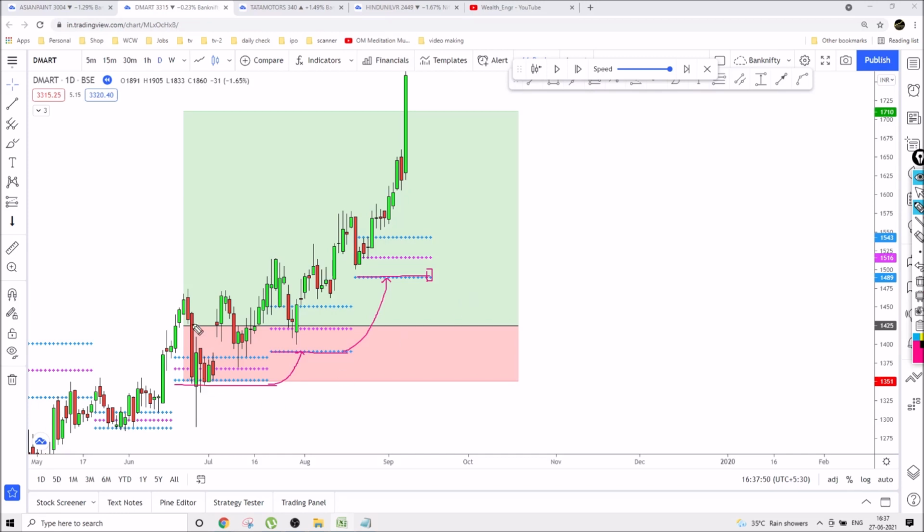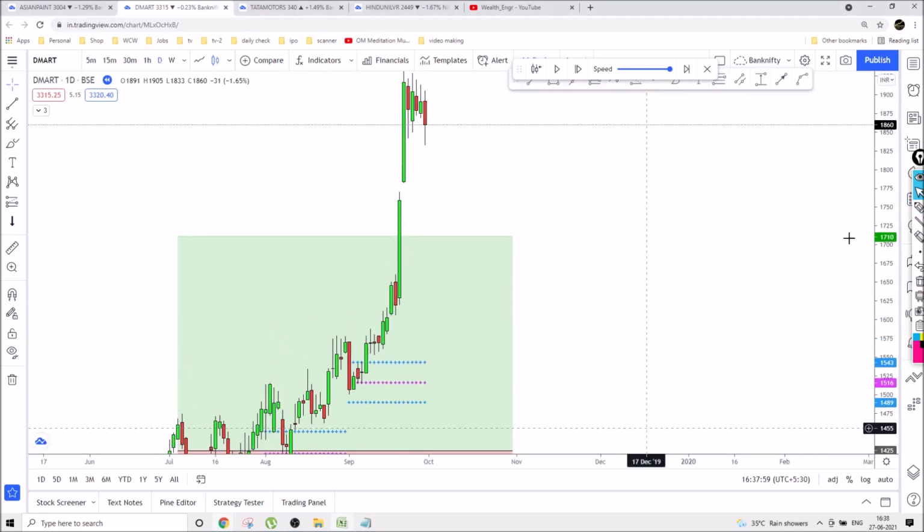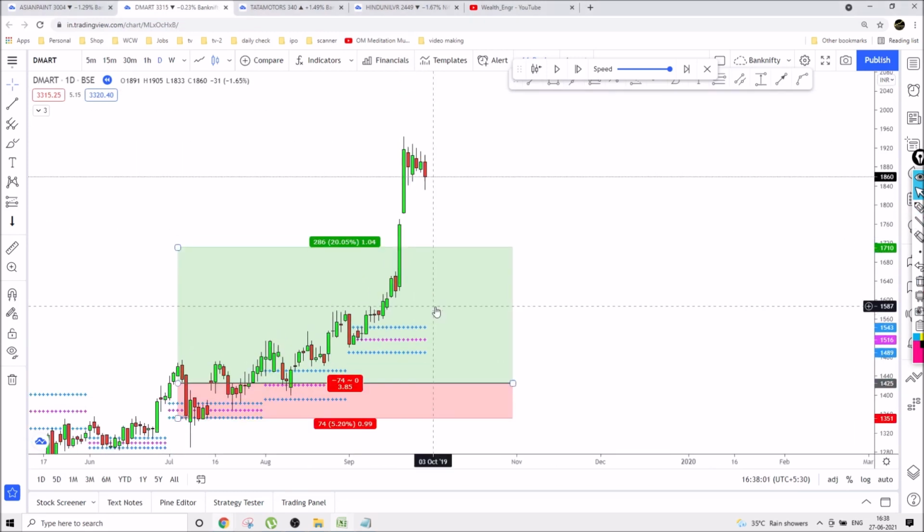Okay, already you got a profit from here to here. So at any cost you will not be in loss, right? Okay, let's see. Oh, it already hit our target of 20% and it has gone very upside. Okay, in this strategy minimum, if it is a very good strong fundamental company, you'll get 1:5.